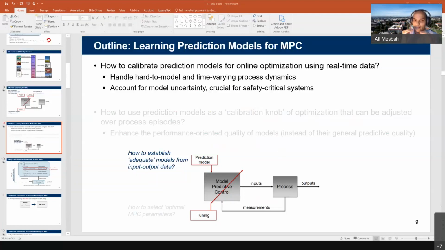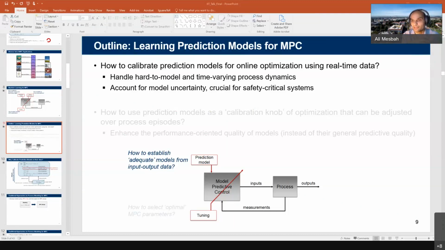The point that I did not really elaborate too much in the interest of time was that we want to achieve safe learning-based control. And by safety here, we mean we want to provide guarantees that our constraints, which are physical constraints of the system, are satisfied. Very simple example, you have a chemical reactor, right? Your pressures and temperatures should remain below some limits, otherwise the reactor may explode, right? So you want to make sure that these constraints are fulfilled at all times in the presence of uncertainty.